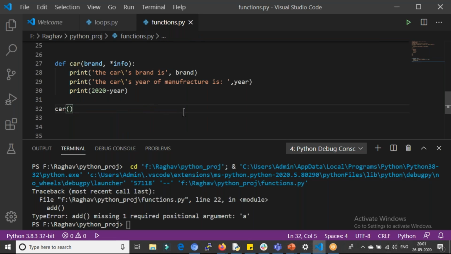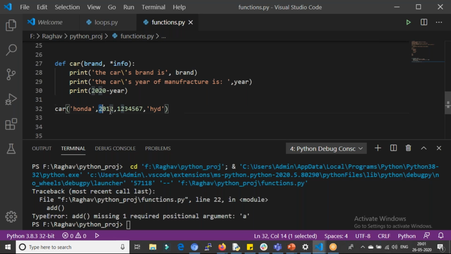Let's take Honda, the year is 2012, my mobile number is 1 2 3 4 5 6 7, and the city it was purchased is Hyderabad. So I have 3 extra parameters than expected.